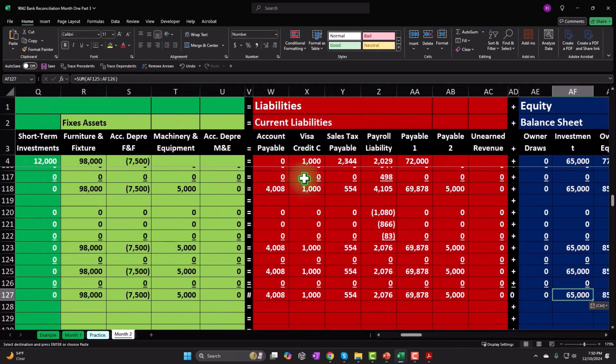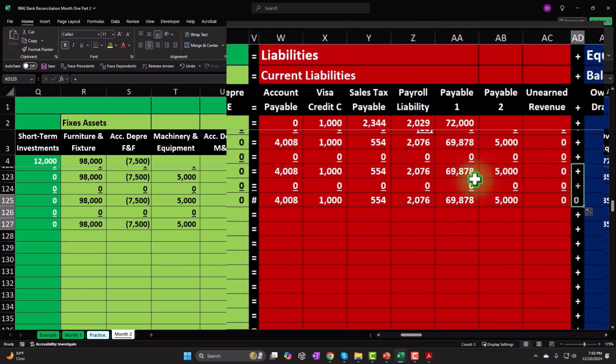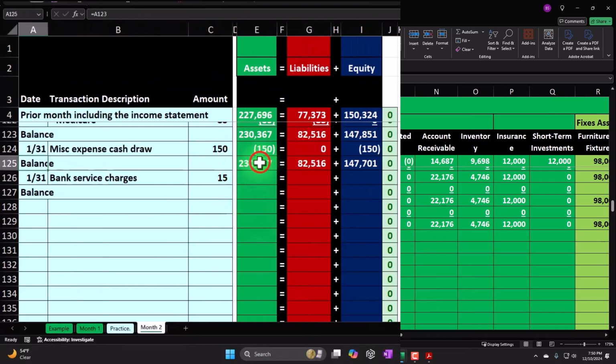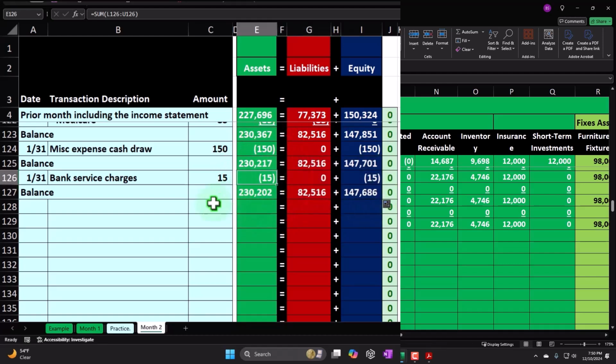And then we'll pull down these for formatting's sake. And then we'll scroll to the left and we'll pull this bad doggy down. So now that brought down the assets and equity. So that's good. So now our cash balance is at the